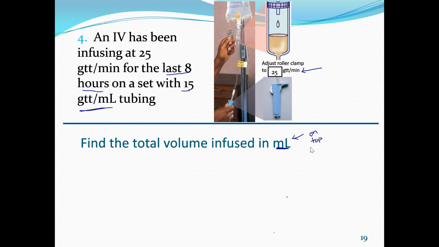So there's lots of places to end up with volume on top, but I'm going to start with the first piece of information they gave me, which is this 25 drops per minute, which is what I would see in real life when I look at this IV pump. I would be able to, like you see in the image, use a watch or other timer and be able to count how many times this drips in the drip chamber. So 25 drops per minute